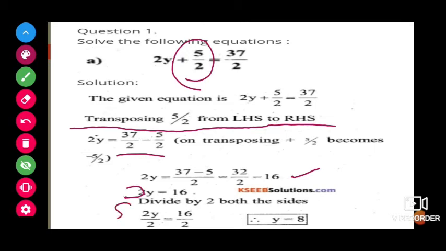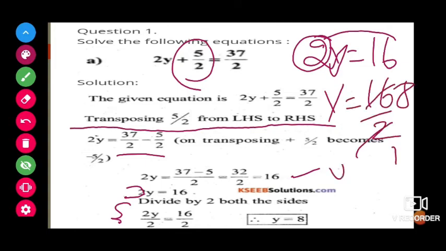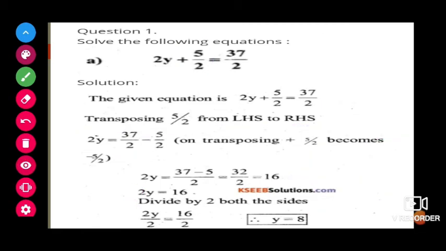Now, still the extra 2 is there. Children, here there is no need to divide on both the sides. Again send this 2 also to that side, transpose. So if it is multiplication here, they continue like this, but I'll show you, see here. 2y is equal to 16. Here the multiplication 2, if it goes to that side, it will go for division. So y is equal to 16 by 2. 2 ones are 2, 2 eights are 16. So y is equal to 8 is the answer. That's it.